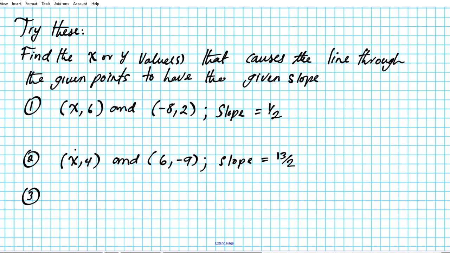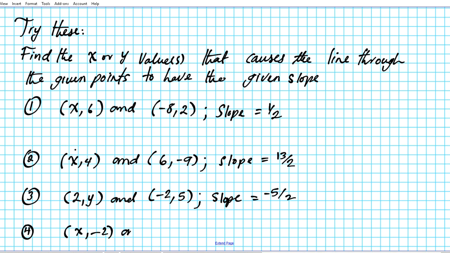Question 3. What if you have a pair of points 2, y and negative 2, 5, and a slope value of negative 5 over 2. And then lastly, number 4, what if you have the pair of points x, negative 2, and negative 5, negative 4, and a slope value of